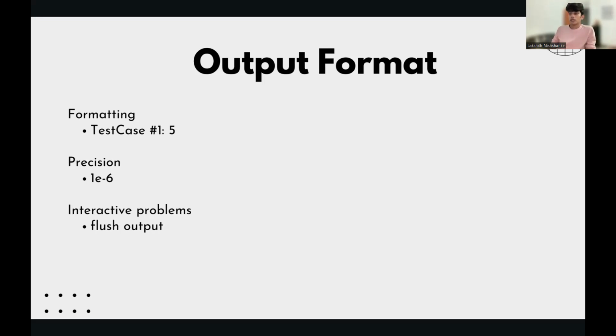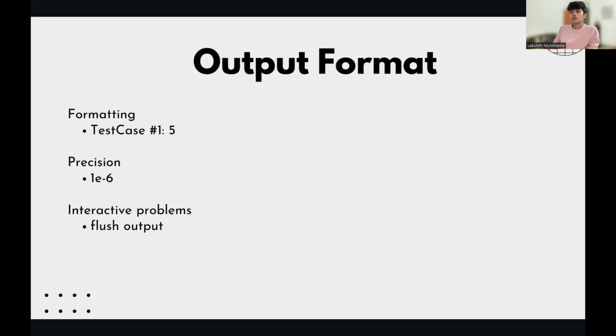In problems where floating point arithmetic is used, I think you know that computers can't really do floating point arithmetic accurately. For example, the decimal 0.1 can't really be represented in binary, so if you do represent it in binary, there will be a little bit of error.